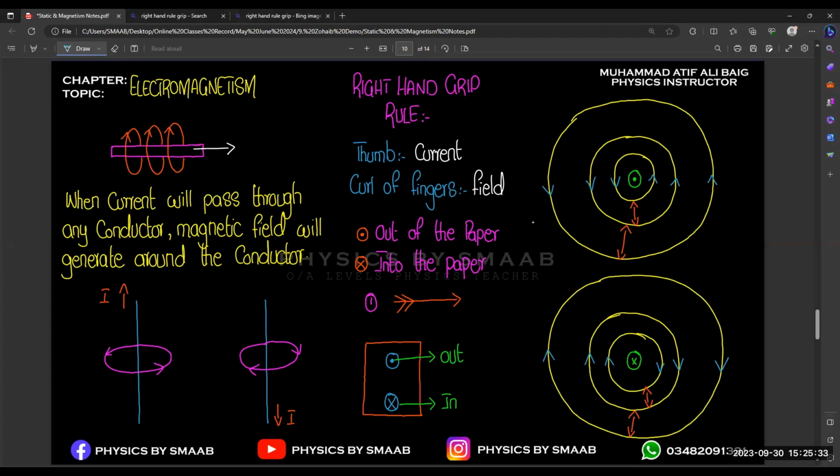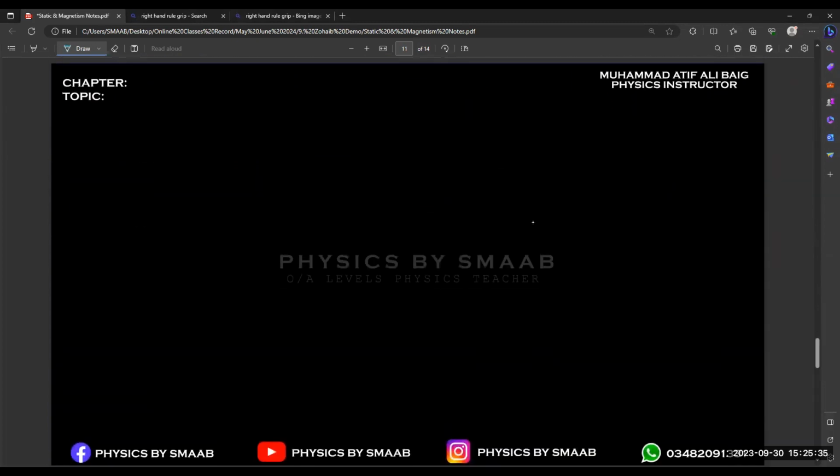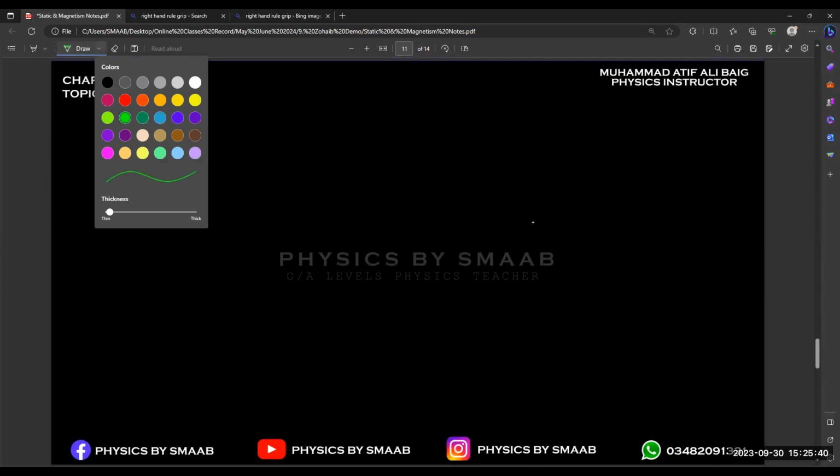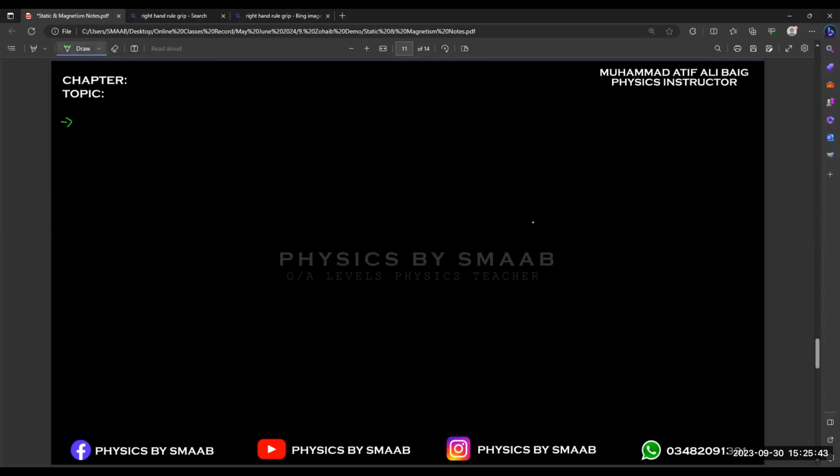So basically in your exam, you have to remember some important points. The first one is, because in your exam they sometimes ask you to draw the magnetic field line, you have to draw concentric circles. They will award you marks for the concentric circles, all circles having the same center. And the second thing is